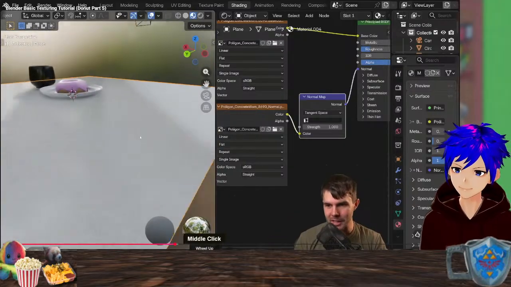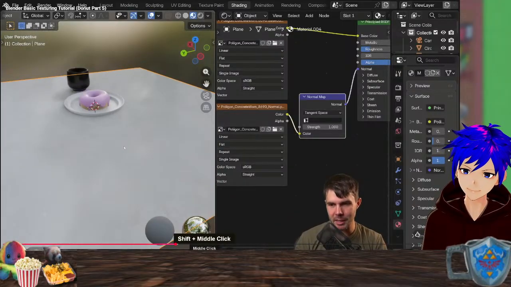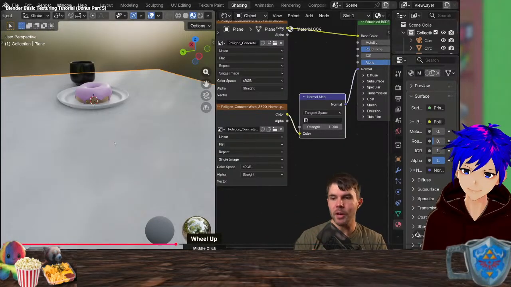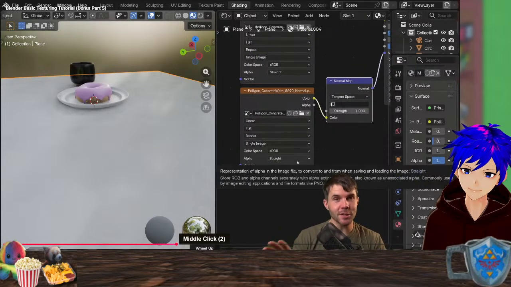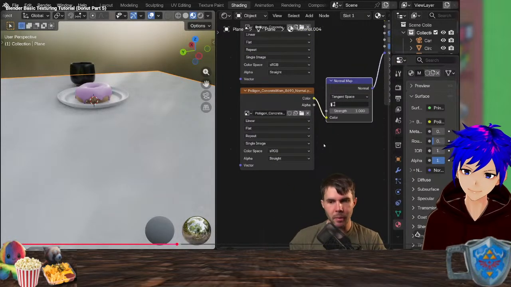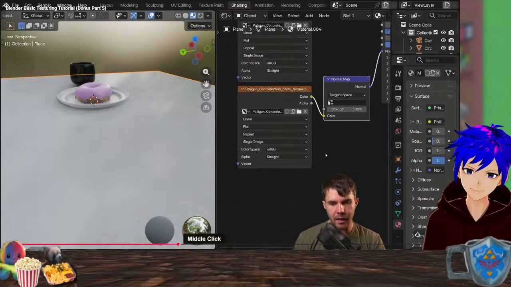There is a lot of steps to manually connecting PBR texture maps, which is why I want to show you the fast way to do this after this. But I need to show you this because you might be using PBR texture maps from elsewhere or from production files and stuff, and you need to know how to actually manually connect them.